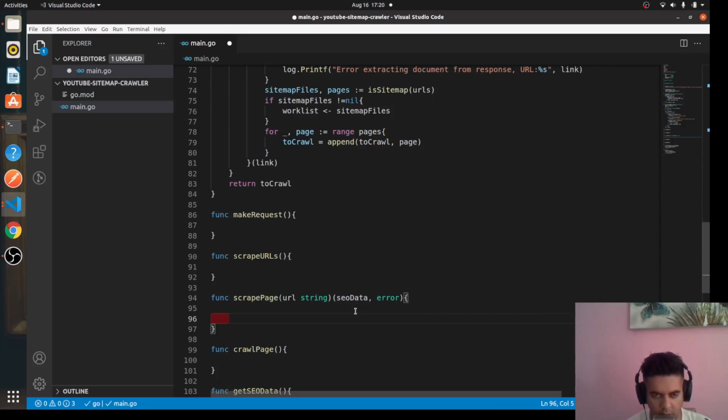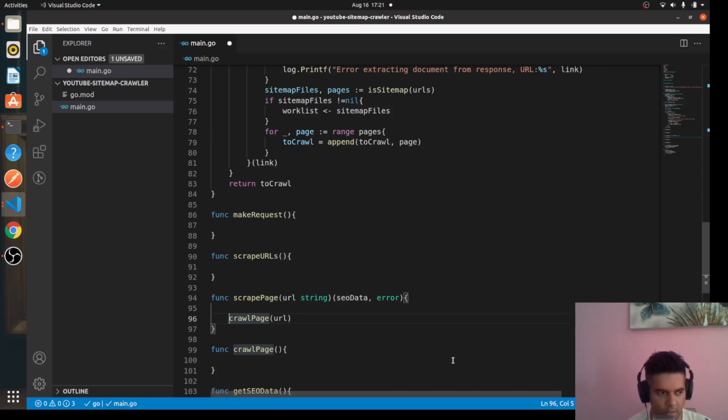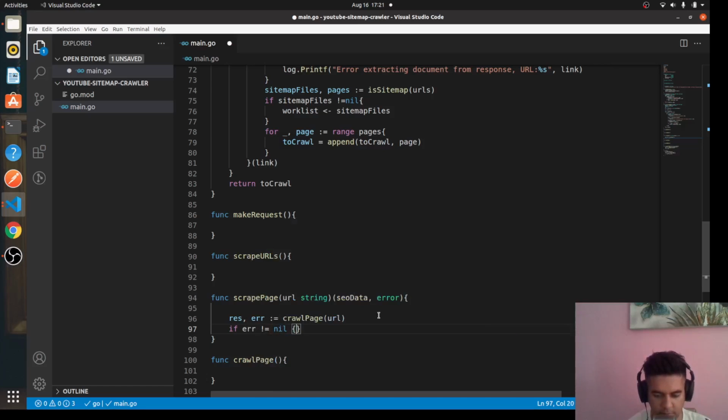And so what this function does is it calls another function called crawl page, which returns a response and an error. So if error not equal to nil, we'll return SEO data. I'll keep S capital just to be consistent everywhere. Comma error, and here we'll say